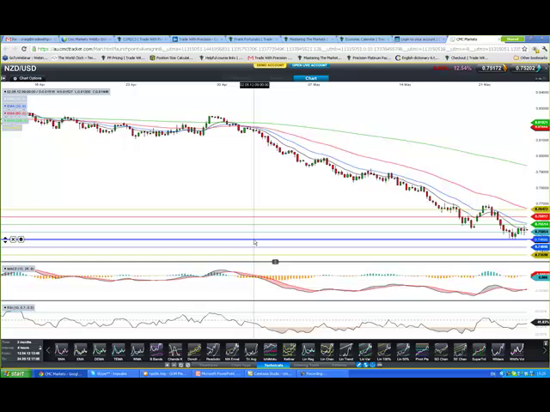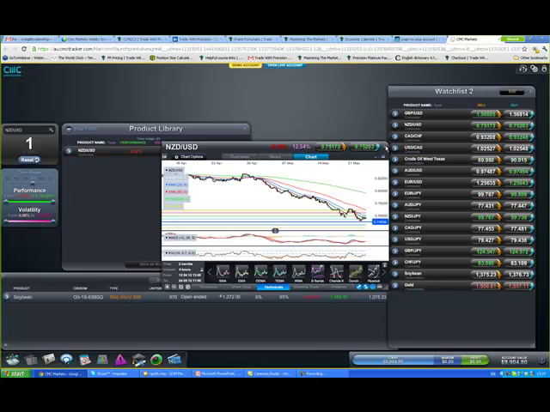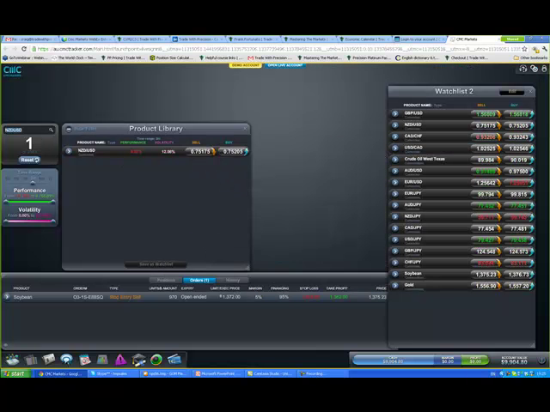Keep an eye on that level throughout the week, because there is a very real possibility that there might be some trades off of that level, possibly to the long side, possibly to the short side. Who knows? But it's definitely a level that I'm keeping my eyes on, and it's one that I believe you should as well. That's the Kiwi against the US dollar.